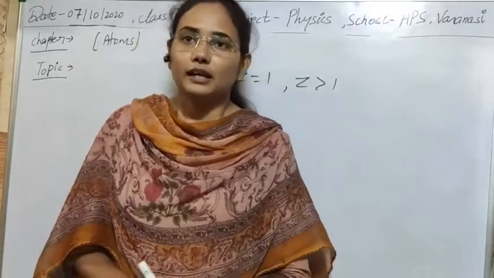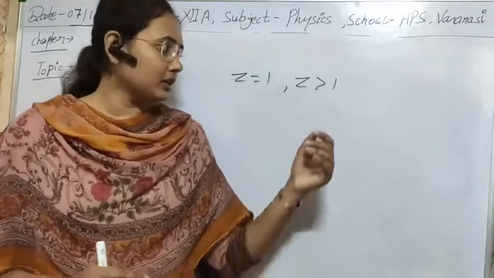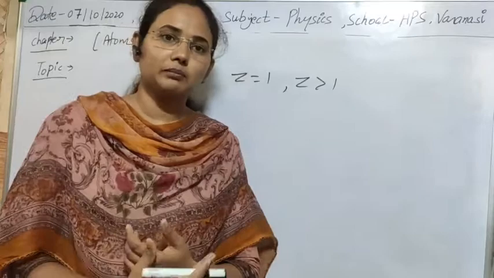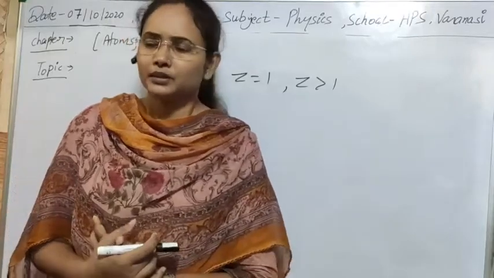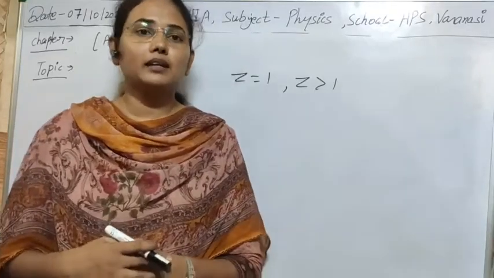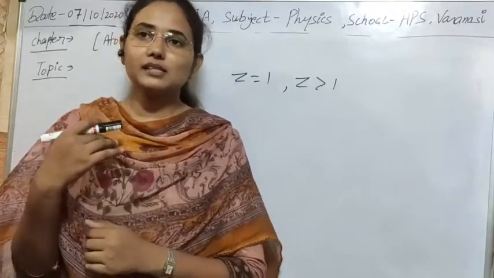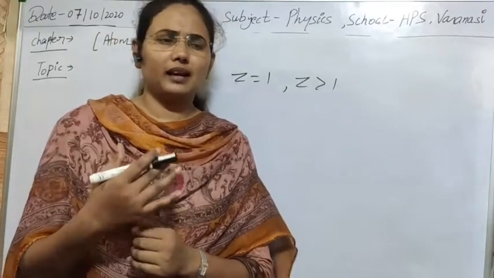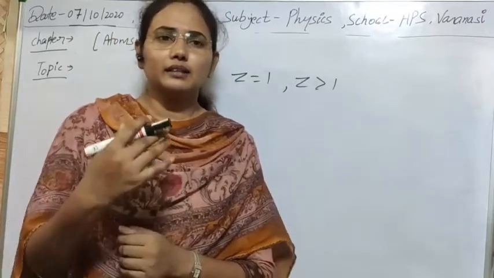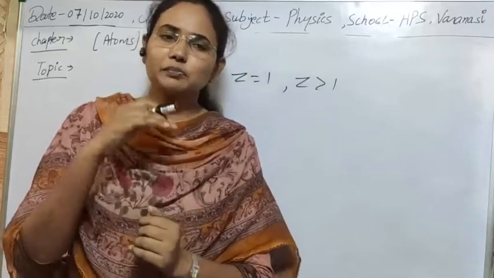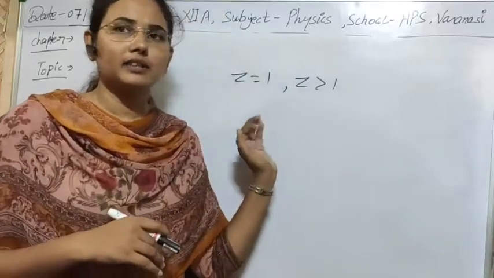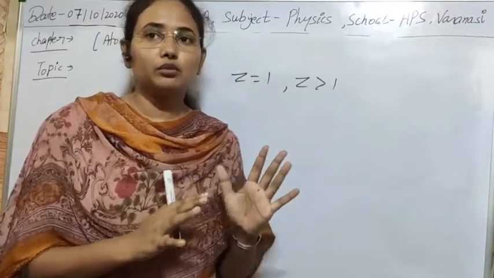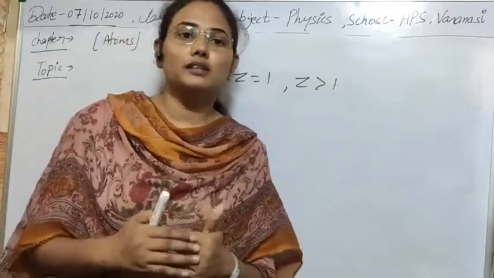I want to discuss one more thing. I've told you that hydrogen-like atoms can be explained. The spectrum of a hydrogen-like atom can be explained with the help of the Bohr model. Like we can easily explain the spectral series of alkali atoms like sodium and lithium. We can explain the alkali metal spectra with the help of this. So I think atomic models and their limitations are now clear to you.